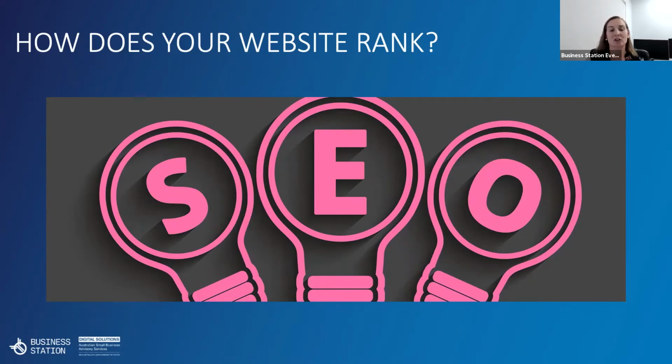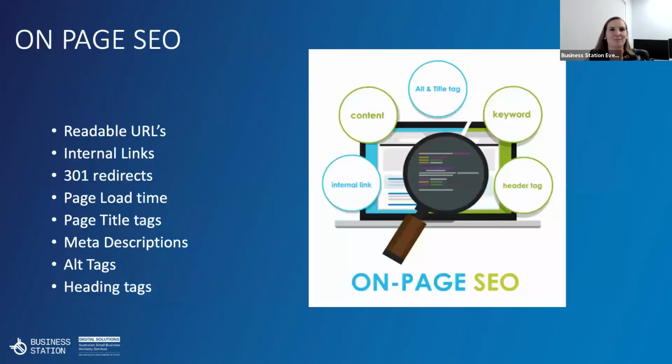Now, SEO does take a lot of time. I would say allow a couple of weeks to a month before you start to see any results. And because it's constantly changing, you need to keep, like I said, on top of the latest algorithms, but also on top of what you're doing. So SEO really has two elements. It has on-page SEO and off-page SEO. So the two different sides. I'm going to explain in detail what each of them are now.